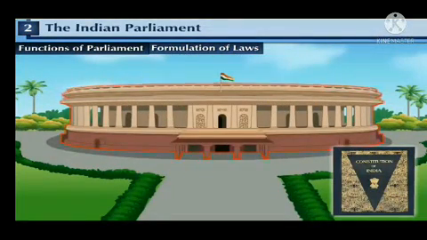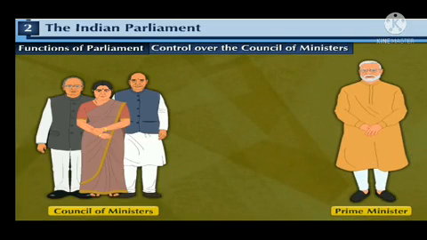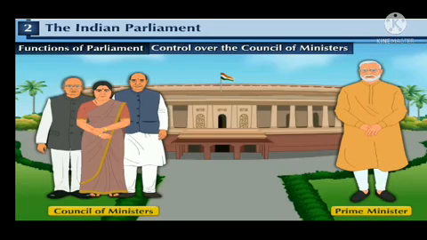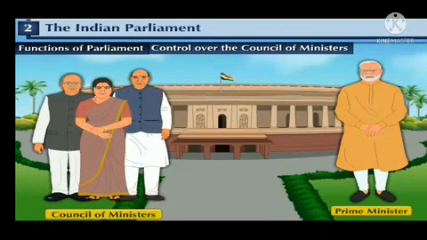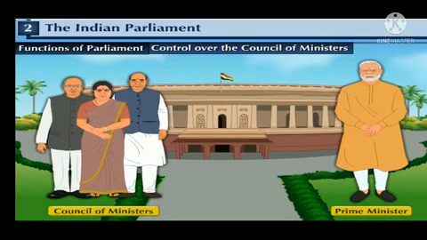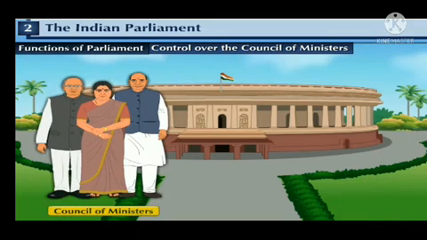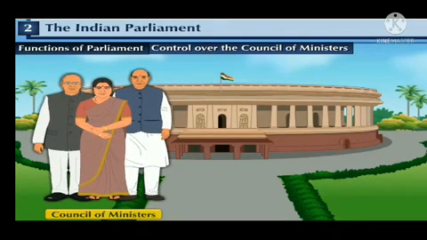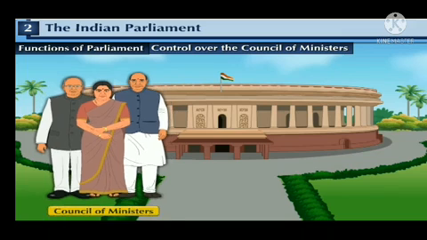And the Parliament fulfills this primary and important responsibility. Control over the Council of Ministers. The Prime Minister and the Council of Ministers are the members of Parliament, and the latter, in turn, exercise control over the former. There were various ways through which this could be achieved. It was the main responsibility of the Parliament to see to it that the Council of Ministers did not disregard the Parliament and sincerely functioned under its supervision.